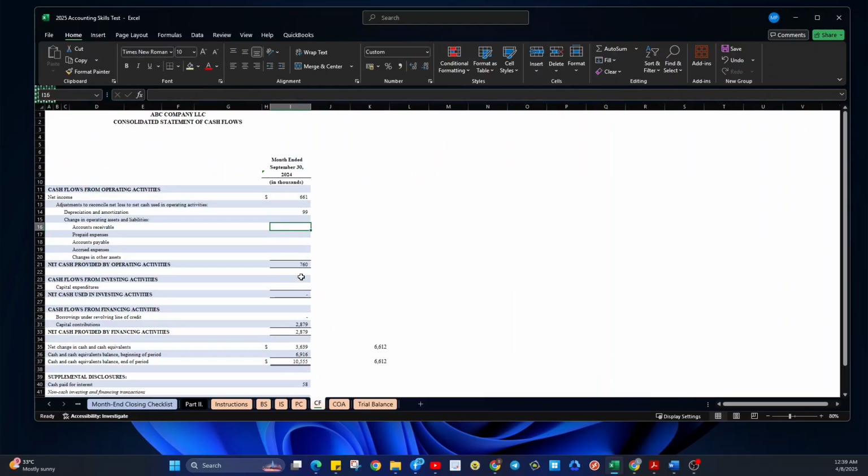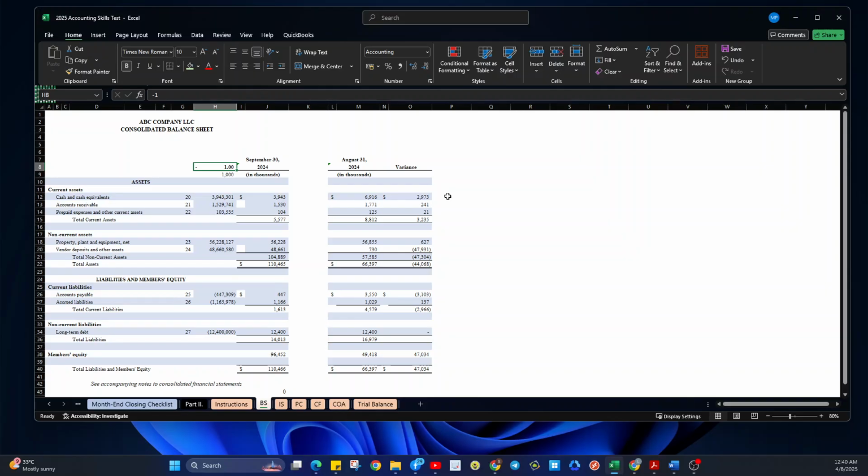And then for accounts receivable, we go to balance sheet. So you can see here, the thought process is, you can see the variance from 1771 to 1530. If it's a decrease in the asset for indirect method, we have to add this, the 241.